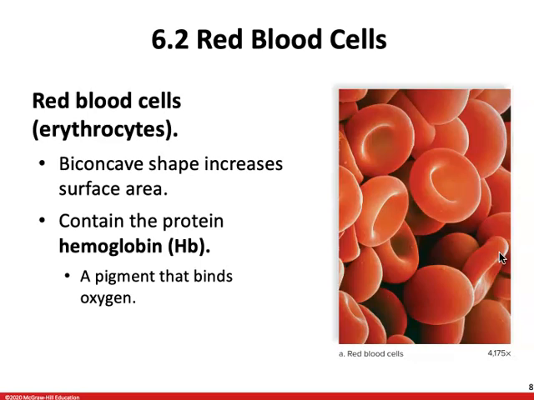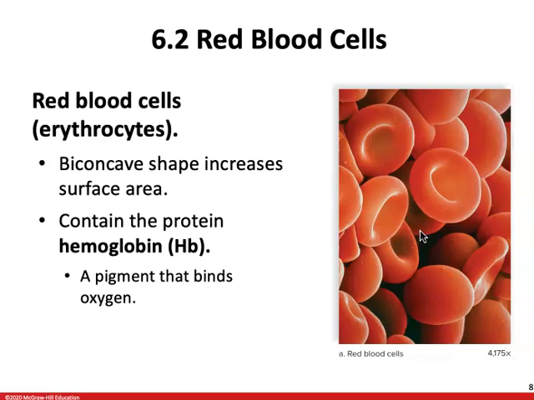But guess what happens when you do that? You are massively increasing your surface area to volume ratio. A biconcave disc has significantly more surface area than a perfectly round sphere. It has a significantly greater surface area to volume ratio than a sphere does. And so this is really, really important, especially when you consider red blood cells' primary goal, which is to